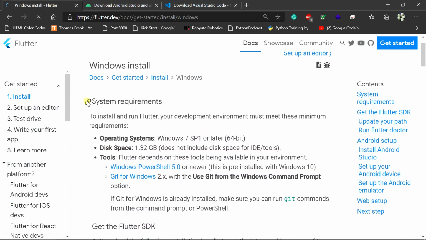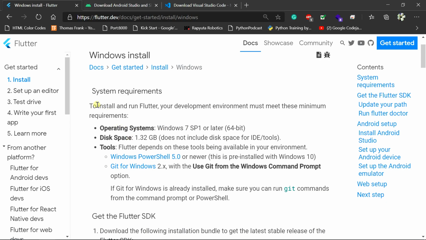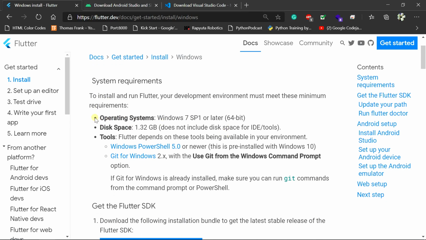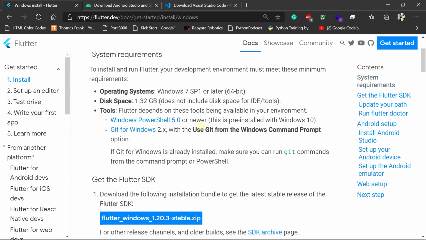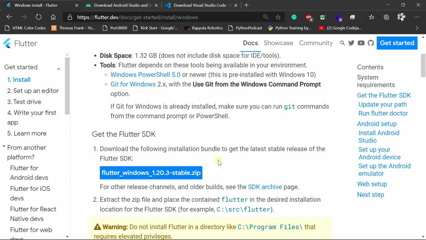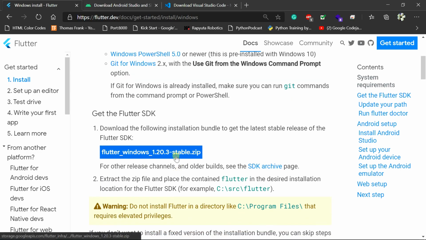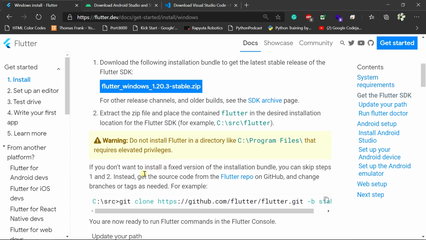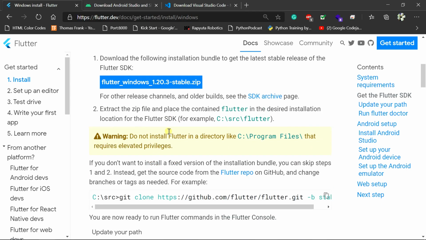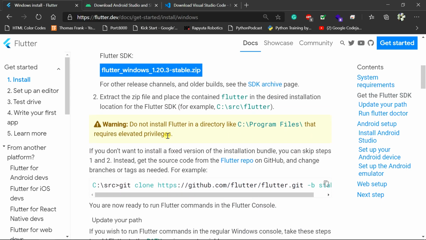So these are the system requirements. You must satisfy these system requirements, but I guess they are pretty generous about this, and you can easily set up your system with this. So I think I should install the zip version, Darshan. Yeah, it depends upon you. There is also a requirement: you also need Git.